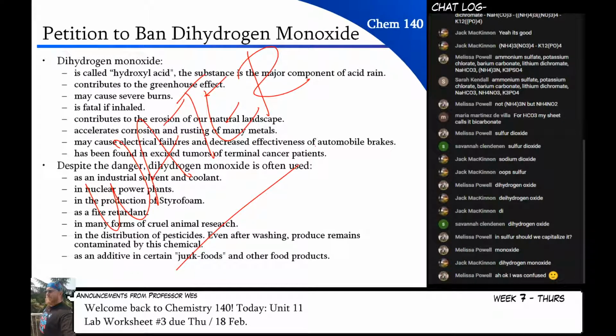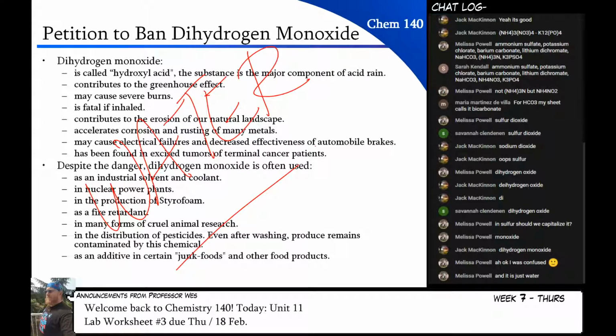Duh. Yeah, every single person who has cancer has water in them, and every single person who doesn't have cancer also has water in them. Cruel animal research? Yeah, you have to water your animals. Animals need water. So, the important part of naming chemicals and understanding how the nomenclature works is